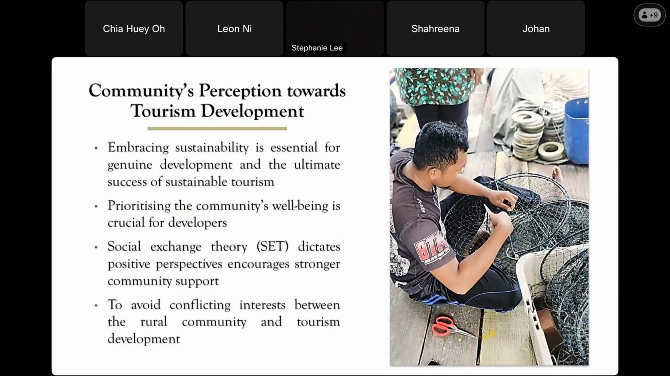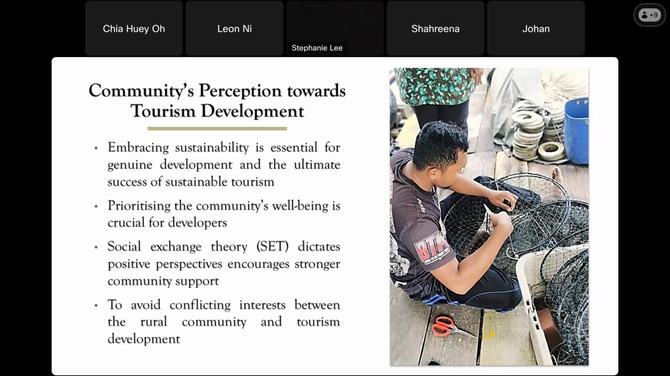In the pursuit of a genuine development through sustainable tourism, it is imperative to acknowledge the dual nature of tourism development, meaning it has both positive and negative impacts on our community as well as the environment. Despite this dichotomy, prioritizing the well-being of the community emerges as a fundamental principle for all developers. Guided by the social exchange theory, SET, fostering a positive perspective within the community becomes instrumental in garnering robust support